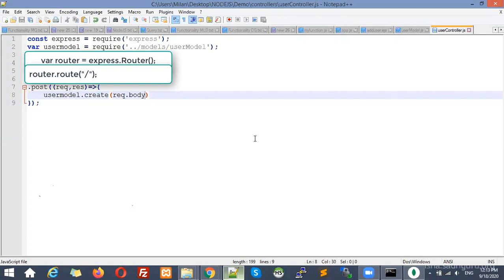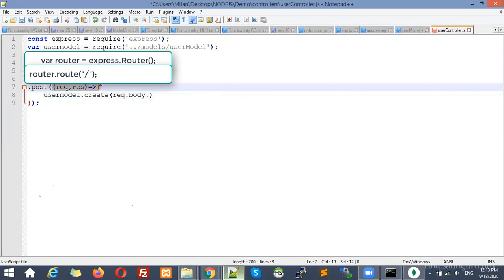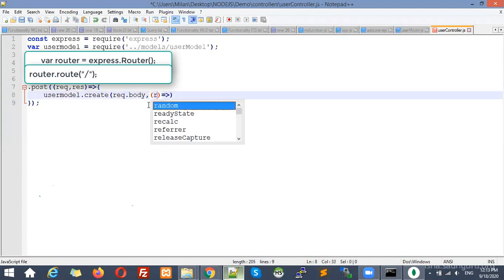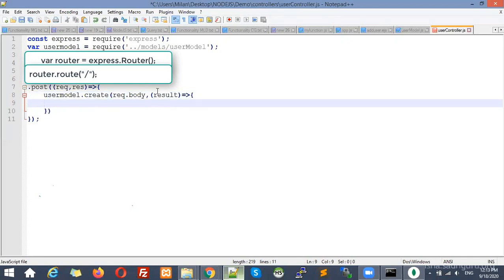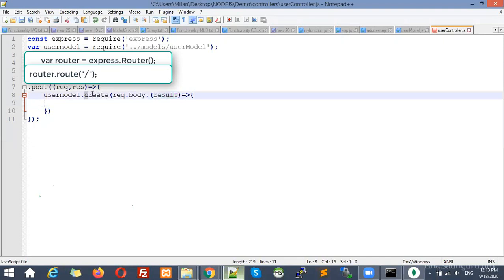Right? So this way we have passed that parameter, and the second parameter is again a function. See here, this is a function. Actually, whatever we have written, it is inside a function. But inside this one, if this operation performs successfully or fails, it will pass to this function again. Or you can see whatever result we are getting, that result will be available inside this one. So again, I am going to create a new function, and the result will contain whatever record is created, that record will be inside this one.